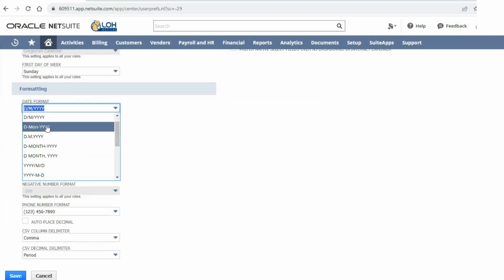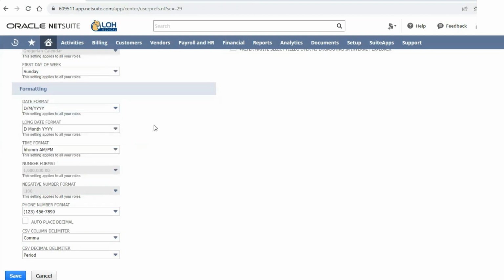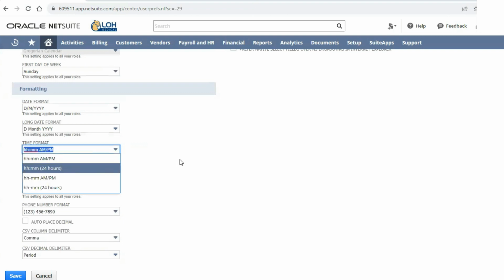But you can select day, the first 3 letters of the month spelled out, and the year. You'd have everything in capitals with dashes, just a comma. So however you prefer to see the date format, you can go ahead and select that. Same with the time. I use 12-hour clock with AM, PM, but you can choose 24 hours.